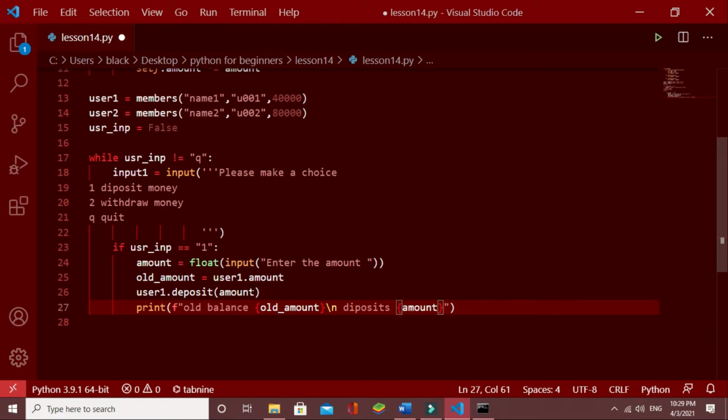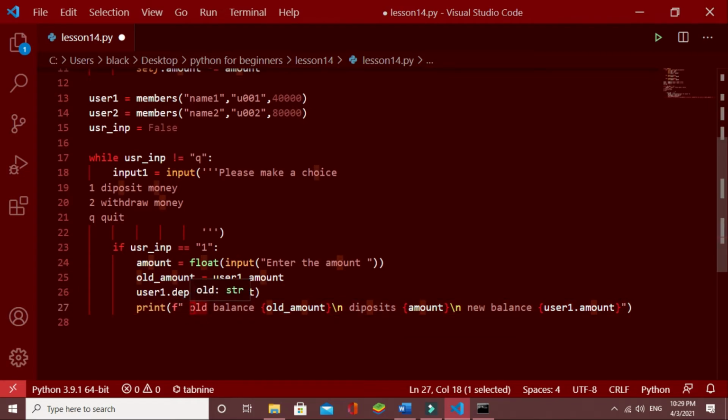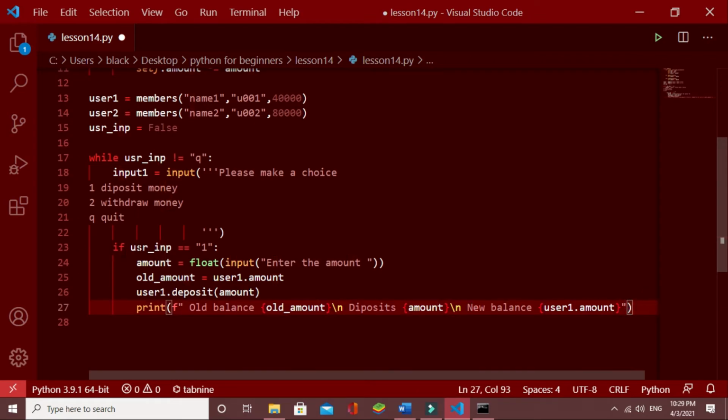Then here the amount, and lastly I'll give the new balance, which is the new amount of user 1 dot amount, and that's it. I'll give here another space and make these things easy to read. Now this is how this deposit method works.